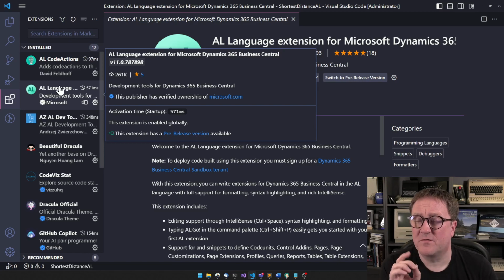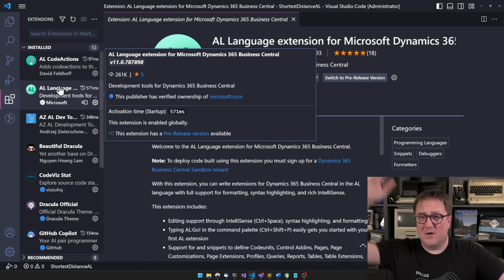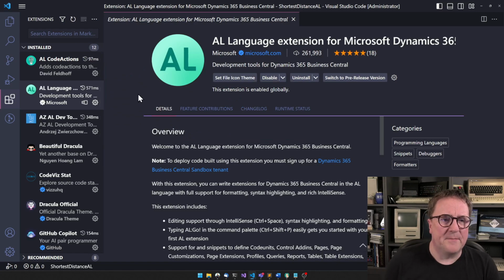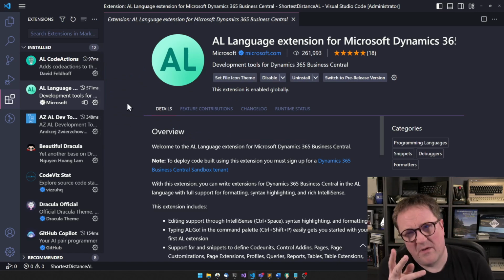I think that's important to remember, actually, because I've seen somebody who has installed 30, 40 different extensions and they don't know which one is doing what and why they have them, but they installed every extension that was something with BC or AL, and I don't think that's usable. Anyway, so I have two